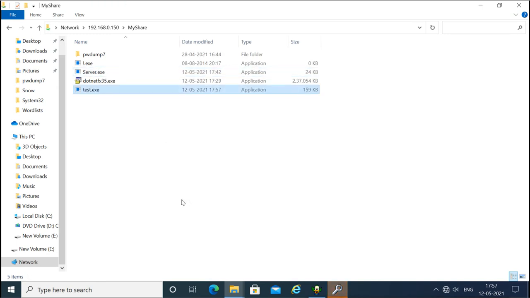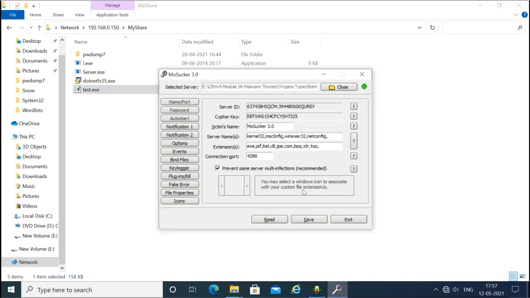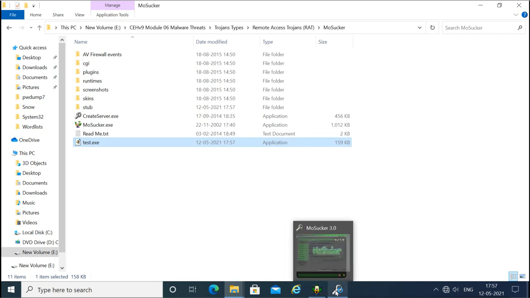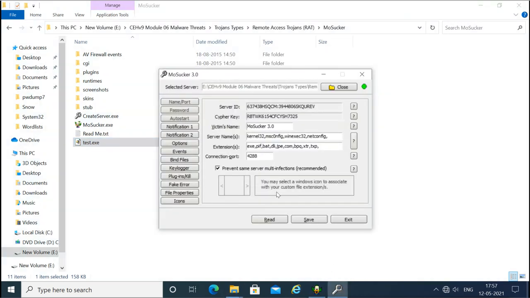And now when the victim machine runs it, this is the configuration for the server. The server is created, so you can reconfigure it, like this is the server ID, cipher, victim's name, server name. And remember the server name, it is going to use one of these names.